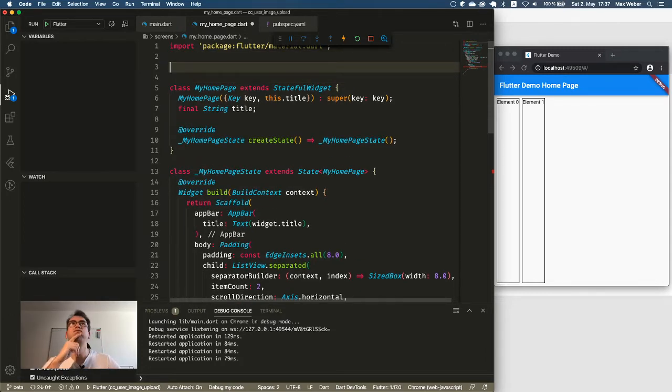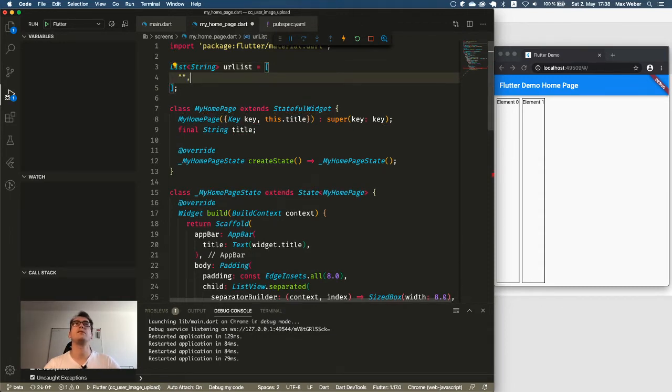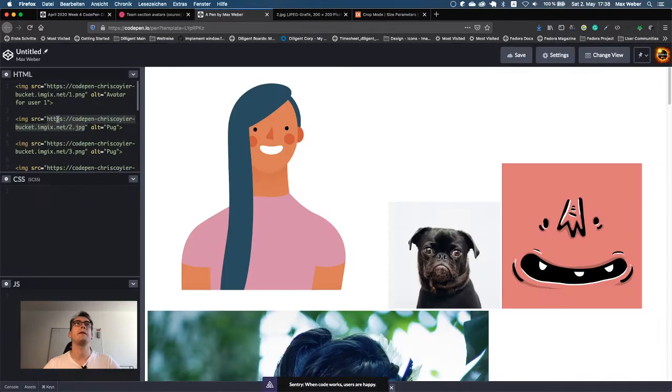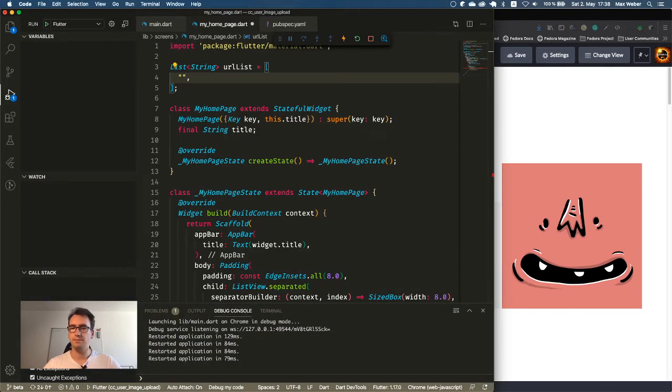So yes, I wanted to create a list of strings called URL list, and here we create our list with different URLs. And I get them from, let's see where it is, here we go, from our CodePen that is here. So I copy now all of these different strings and put them in this list. Here we go.